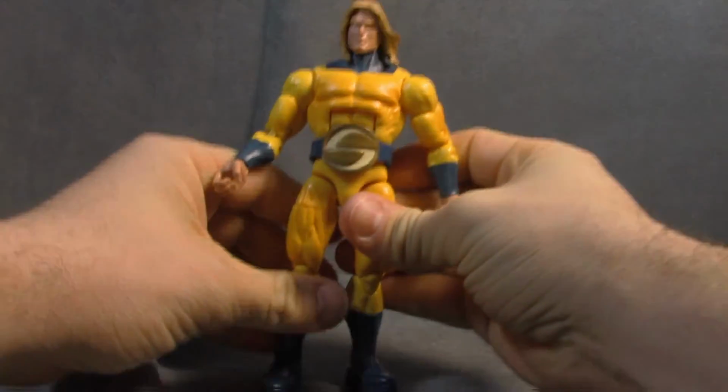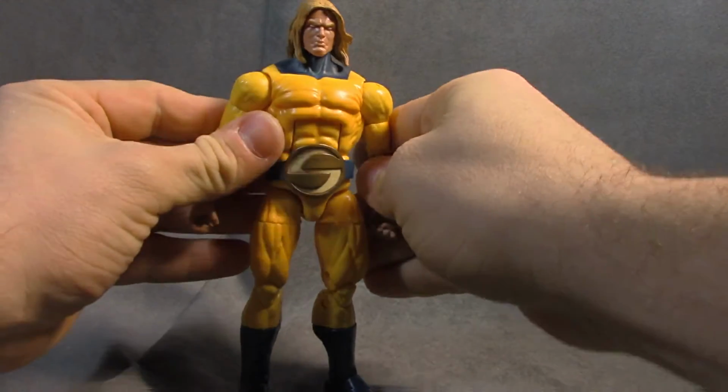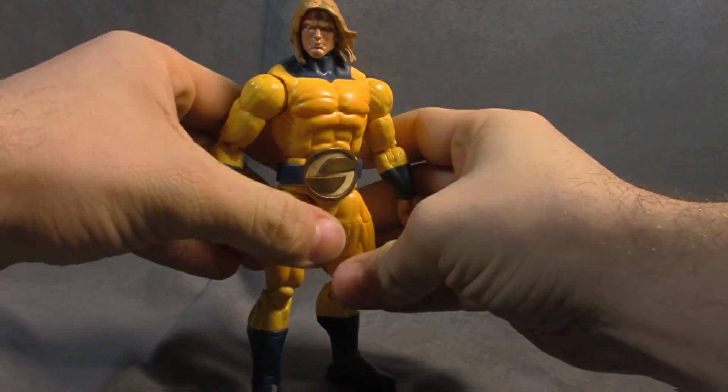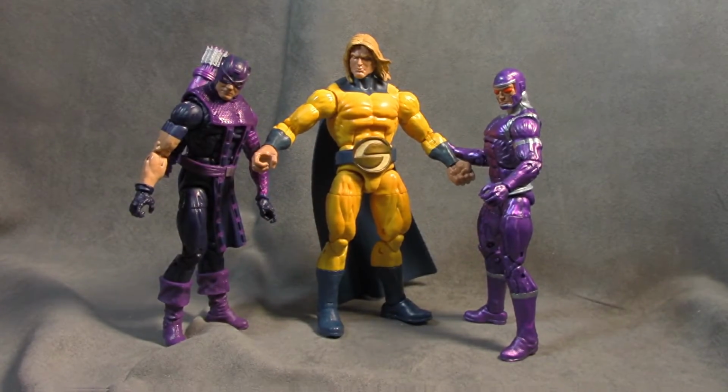Not a bad unit whatsoever. I'm not sure if it's a $20 figure. I feel like they get away a little bit more each time with what they do at $20, but still not bad. So all in all, the set's shaping up pretty well. I love this Sentry head sculpt, and on a shelf in front of a lot of other characters, you won't recognize how little effort they put into everything else, but his suit kind of lends itself to just a small